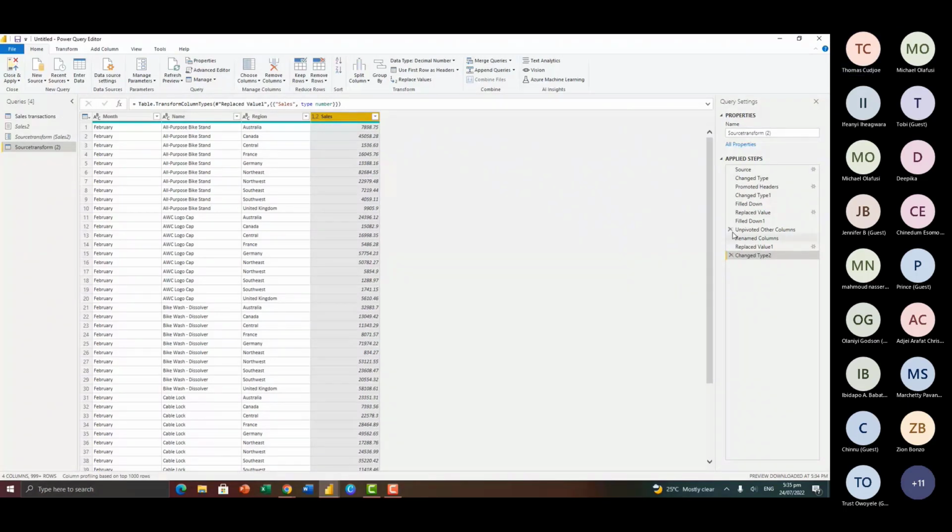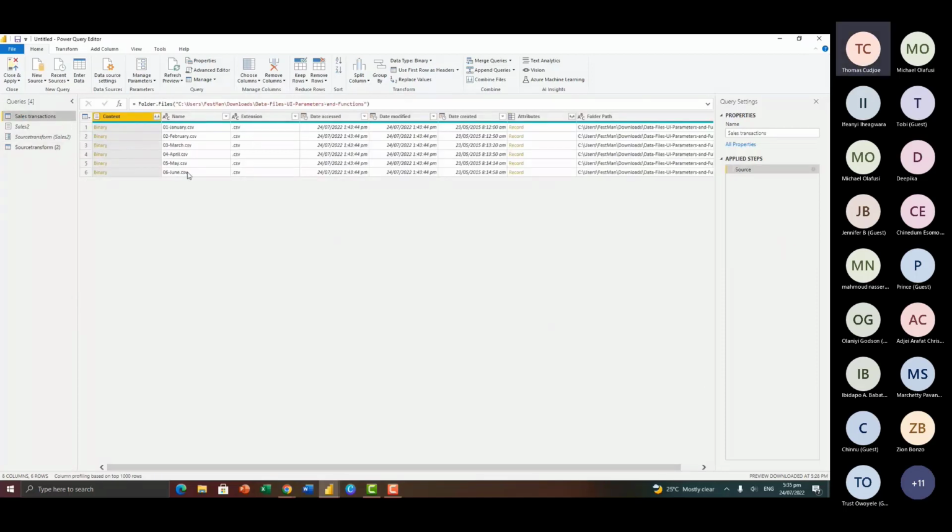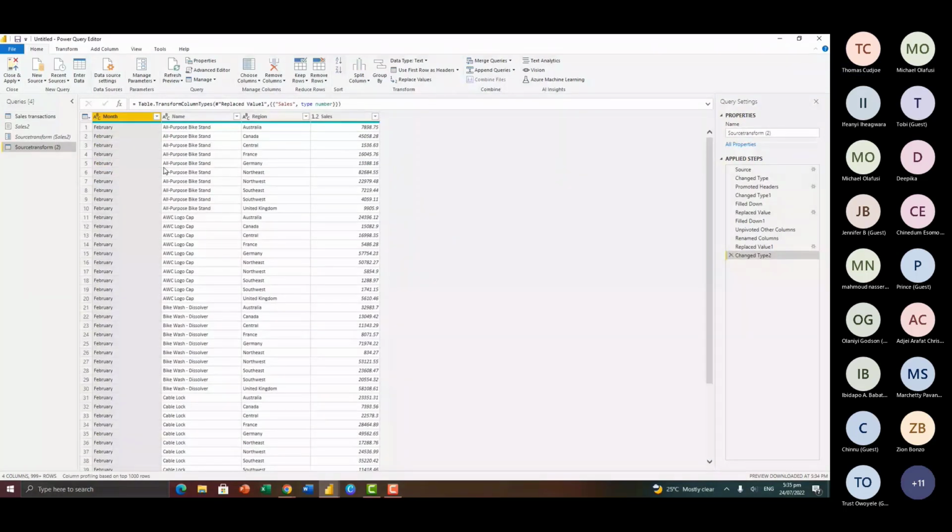Now, remember, if you take a look at the original data, we have other months, but we don't want to do this one after the other. So we just use February as a sample. So here I'm going to call this sample file. We have this here. So I'm going to convert this into a custom function.